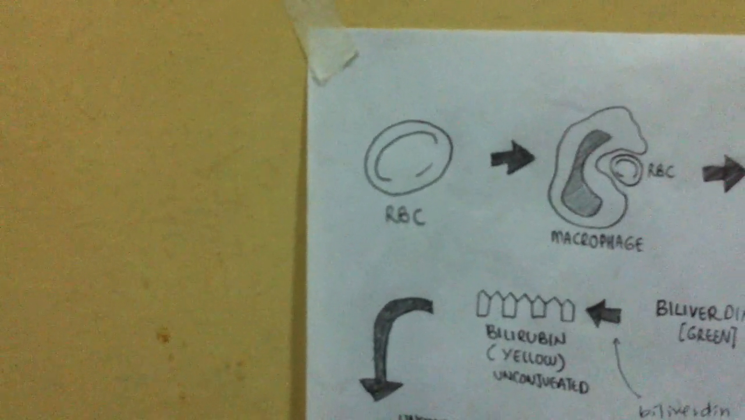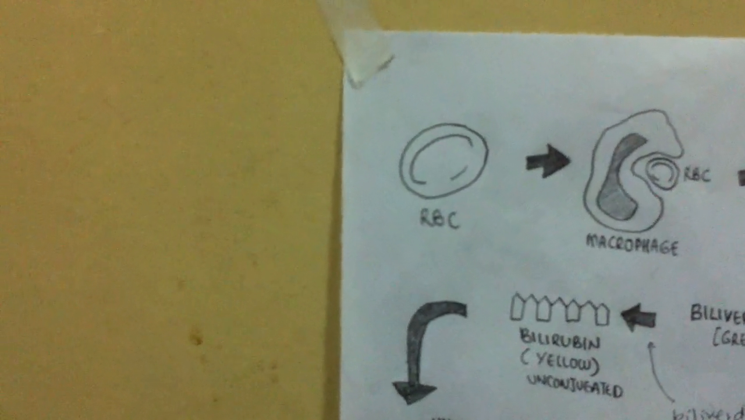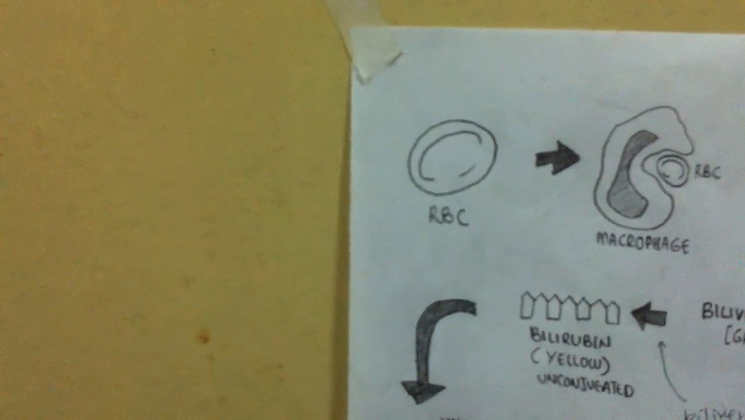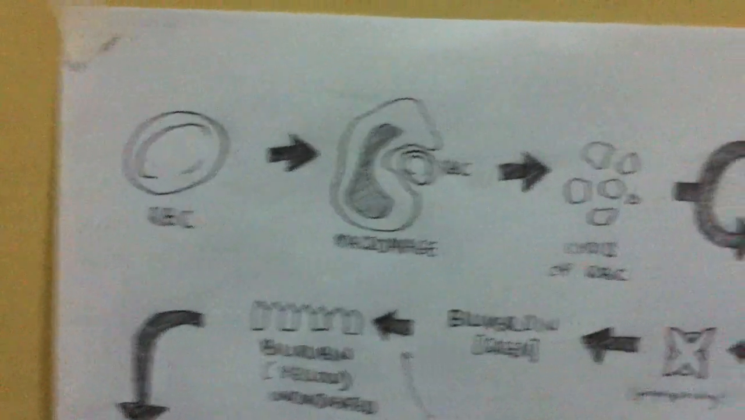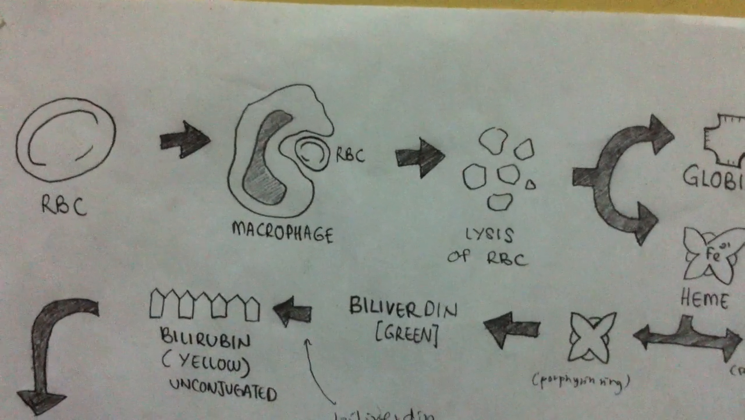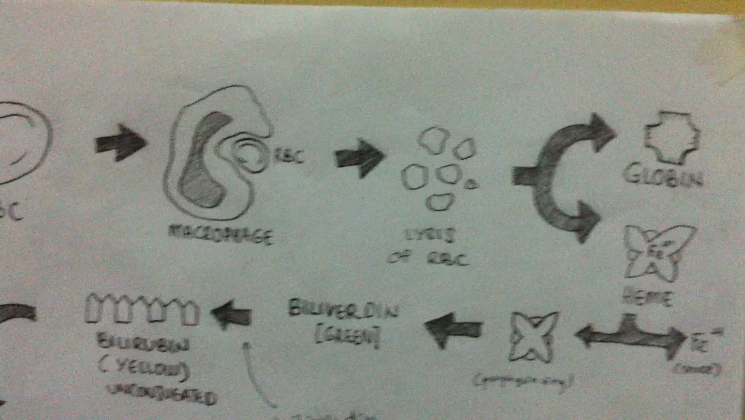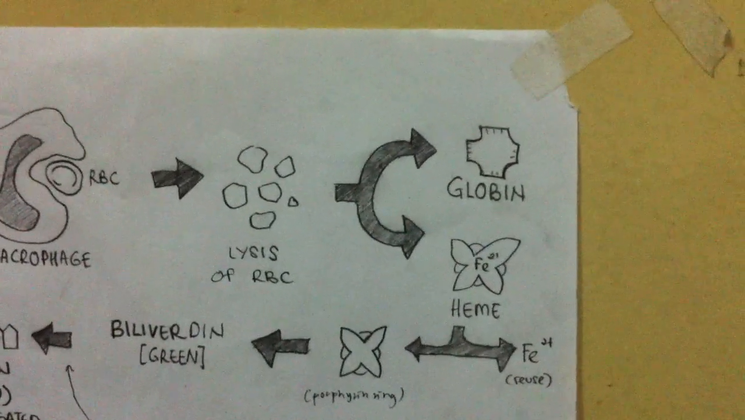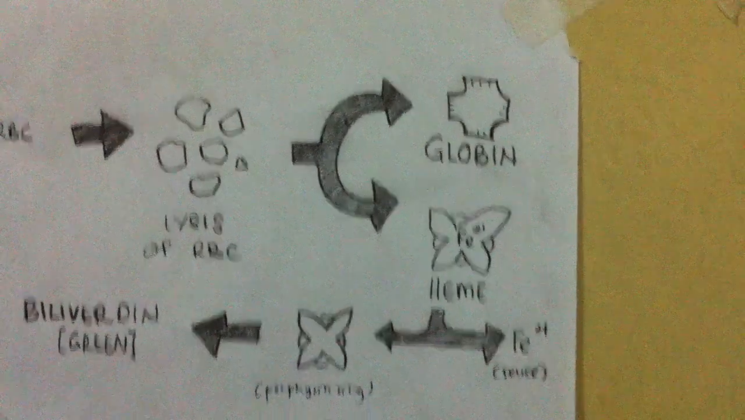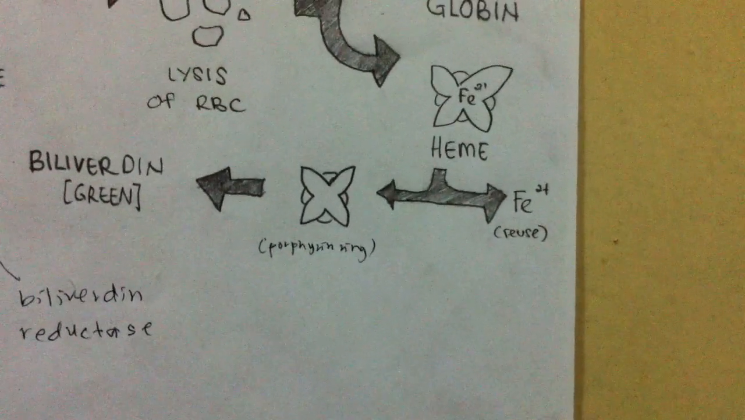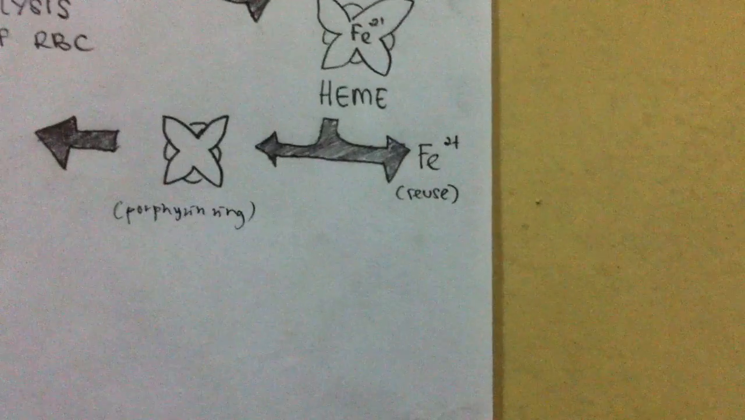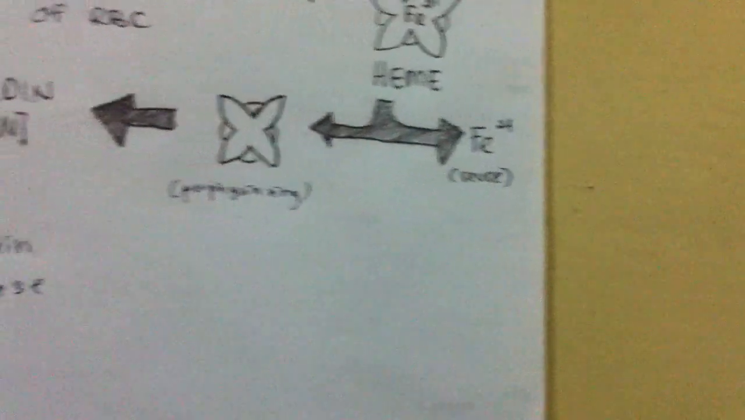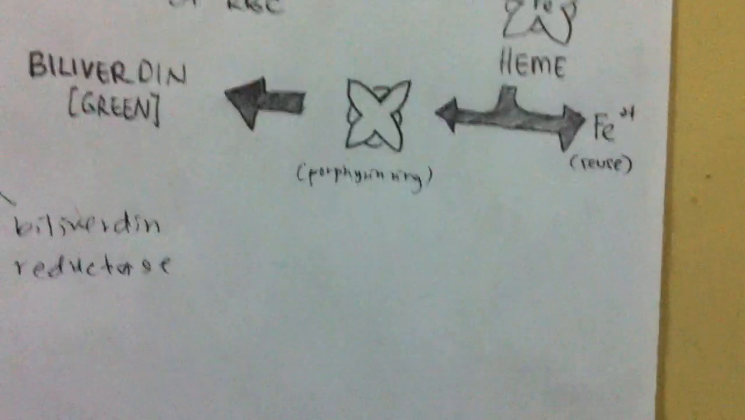This mainly happens in the reticuloendothelial tissue, which is composed of the liver, the spleen and also the bone marrow, where the macrophages will take up the red blood cells and cause lysis of them. The lysis of red blood cells will release the components of the red blood cell itself, which consist mainly of globin and also the heme. In this case, the heme will be dissociated into the porphyrin ring and also the ferrous iron, and the iron will be reused by our body, and the porphyrin ring will continue the metabolism of bilirubin,